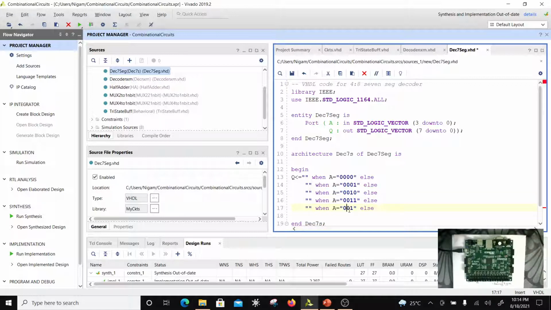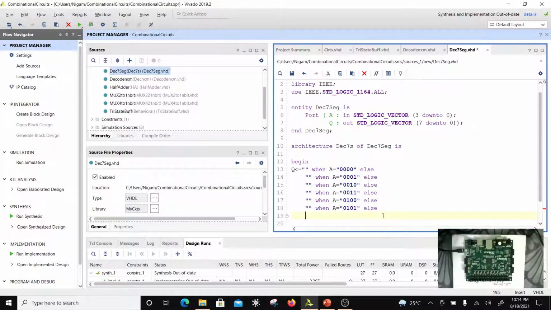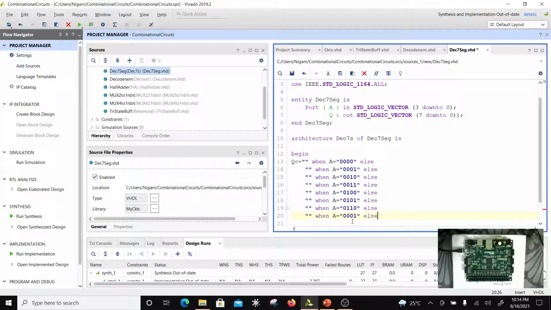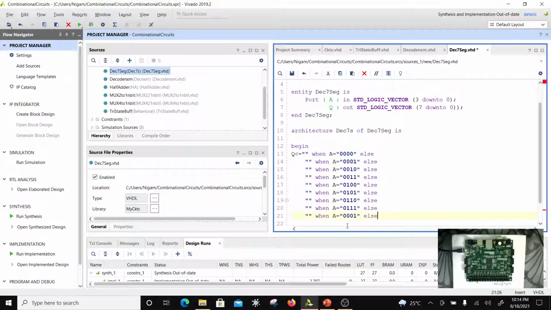I can do it another way, but that's going to be the easiest and most efficient inside the hardware. This is when 4, this is when 5, then this is when 6, then when 7, then when 8, when 9,